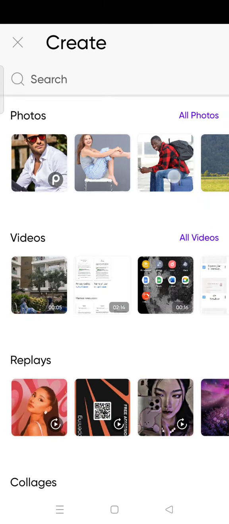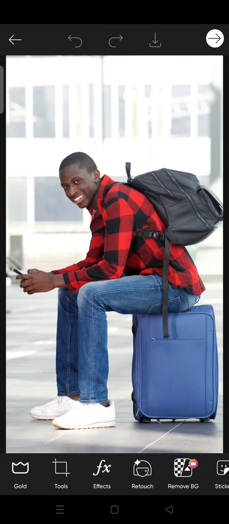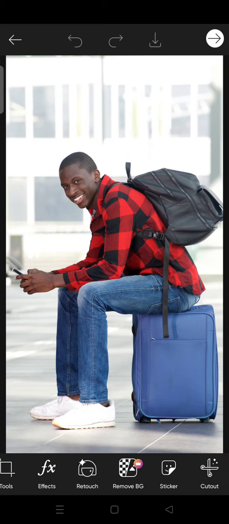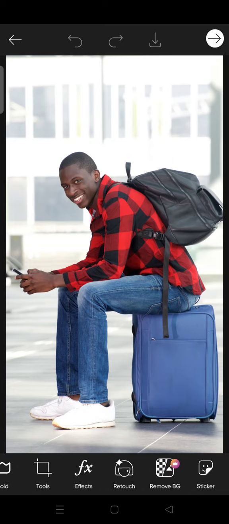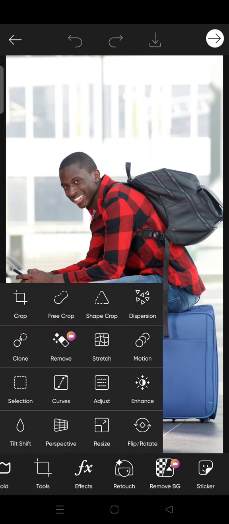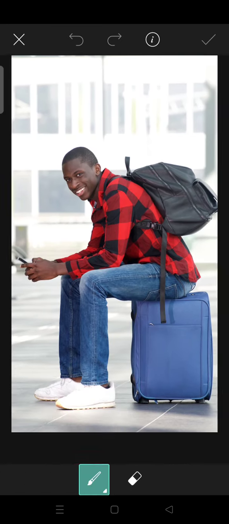And then here, choose the photo that you want to edit. So for example, I want to edit this one and I want to make him look like he's levitating in the air. So the first thing that you need to do is click on Tools and then go to the Remove menu